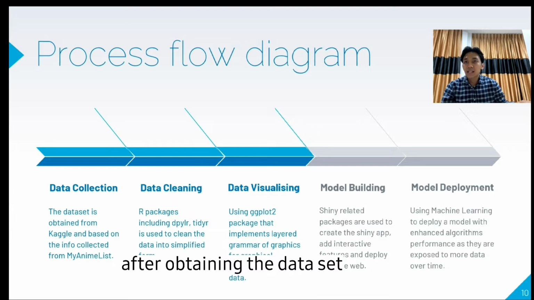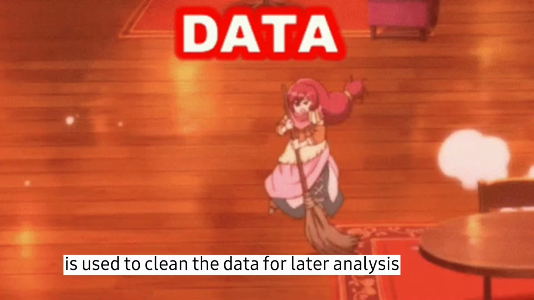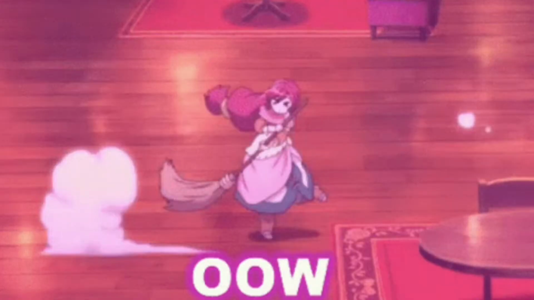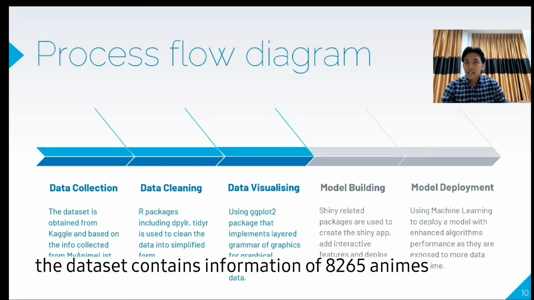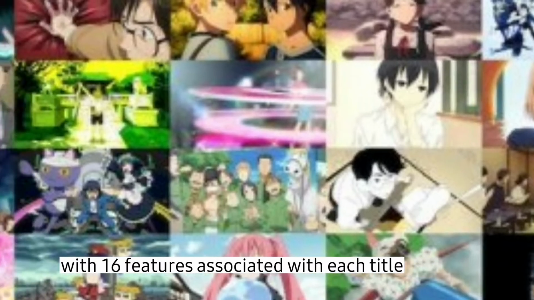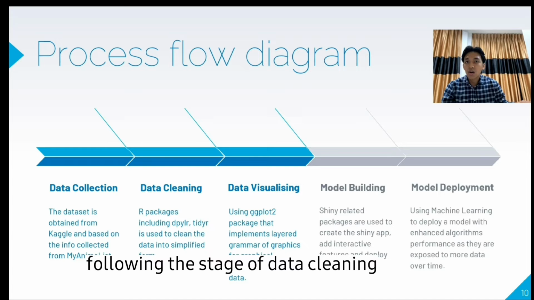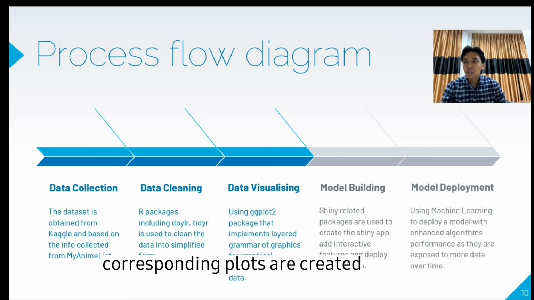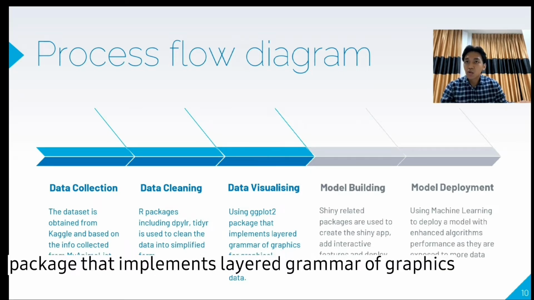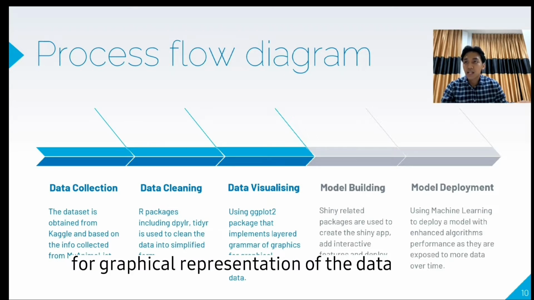After obtaining the dataset, R packages including dplyr and tidyr are used to clean the data for later analysis. After cleaning the data, the dataset contains information of 8,265 animes with 16 features associated with each title. Following the stage of data cleaning, corresponding plots are created using the ggplot2 package that implements the layered grammar of graphics